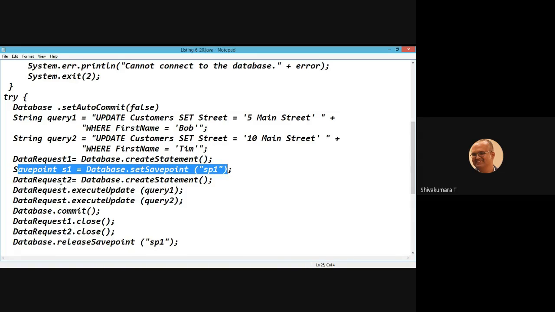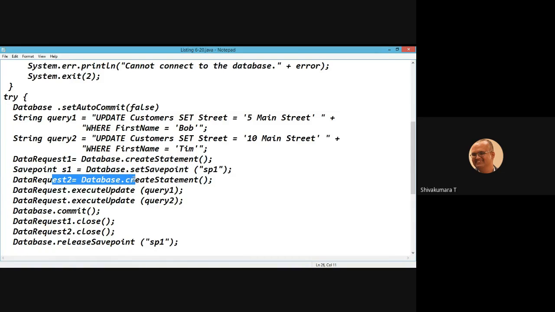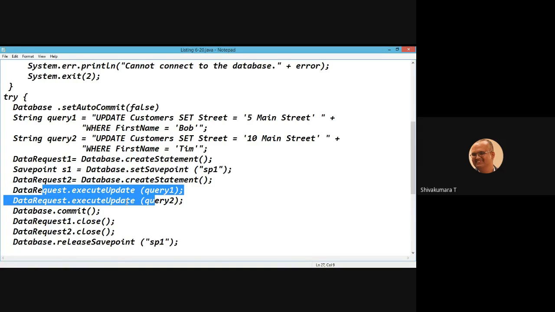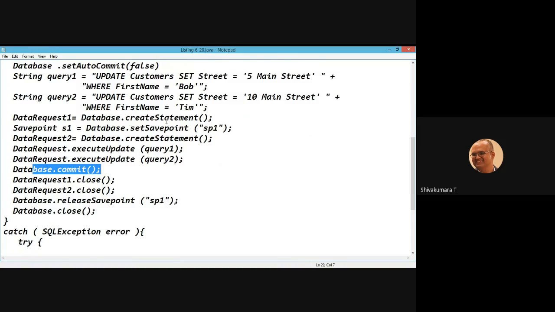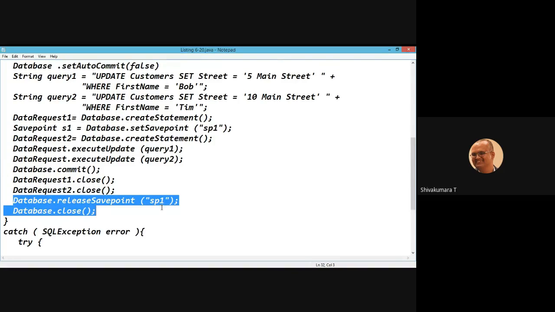Then you create the second statement object. You execute both query 1 and query 2. Finally, you commit the transaction. After everything is done successfully, you release the savepoint which was set earlier, SP1.